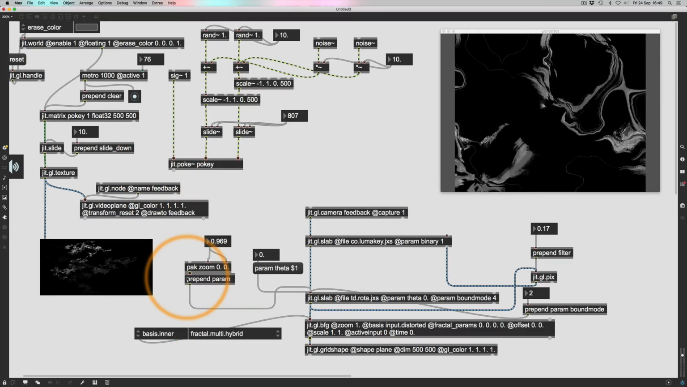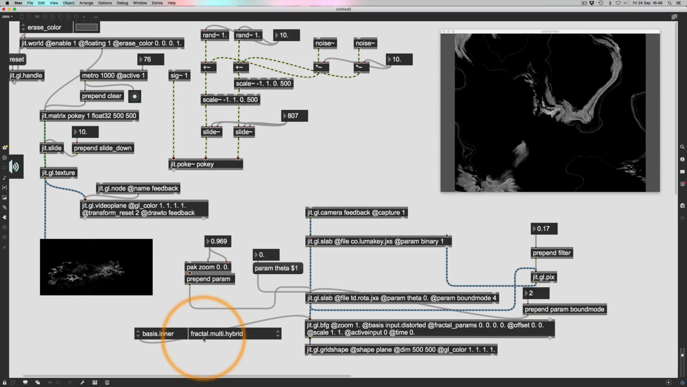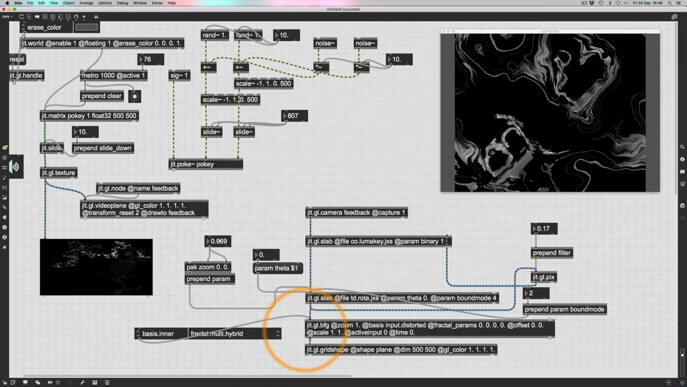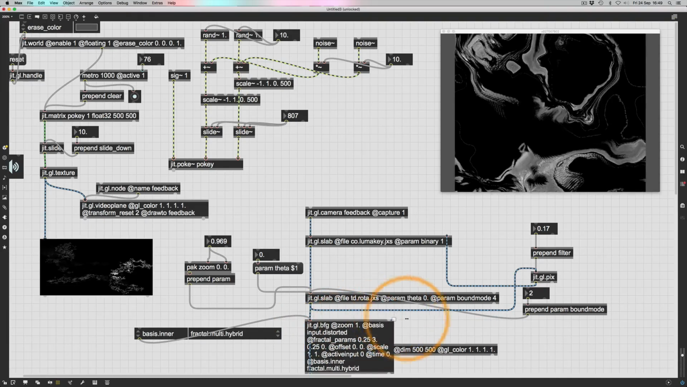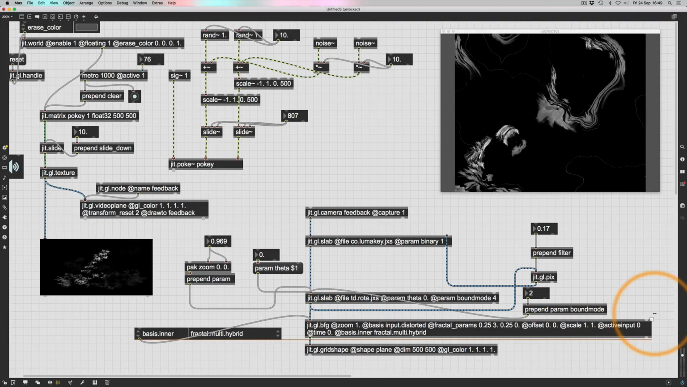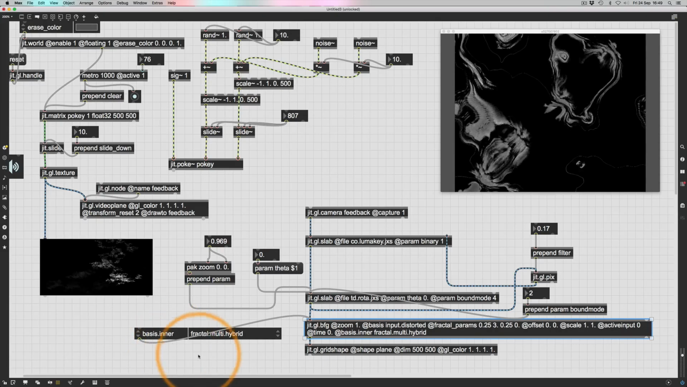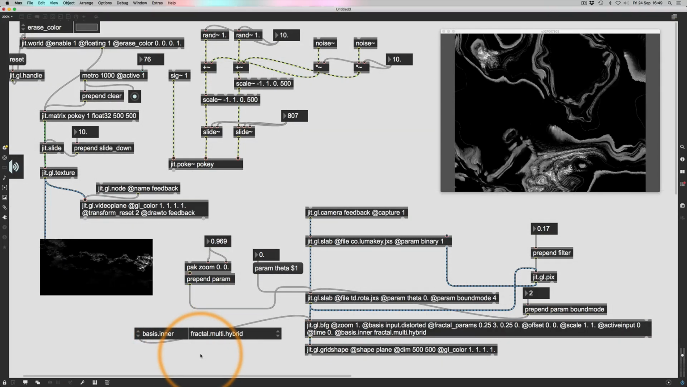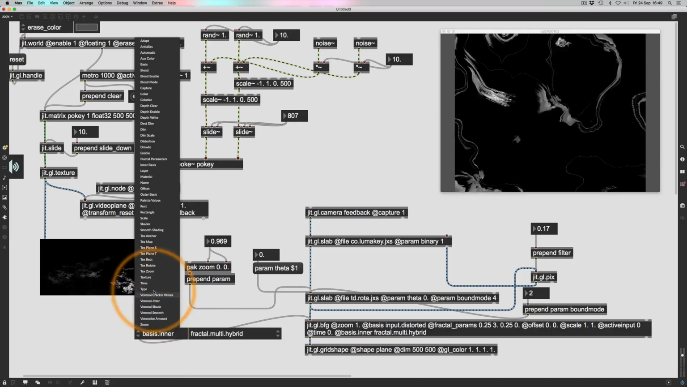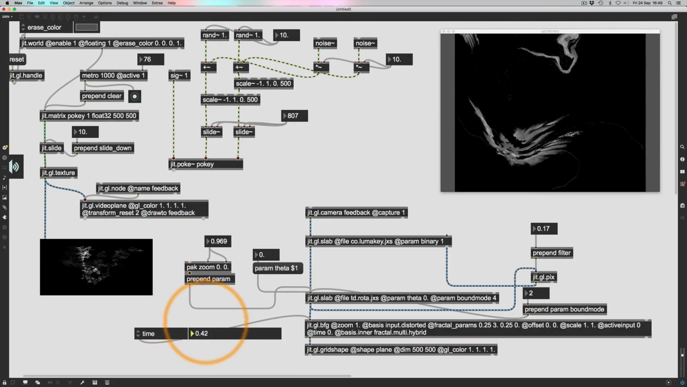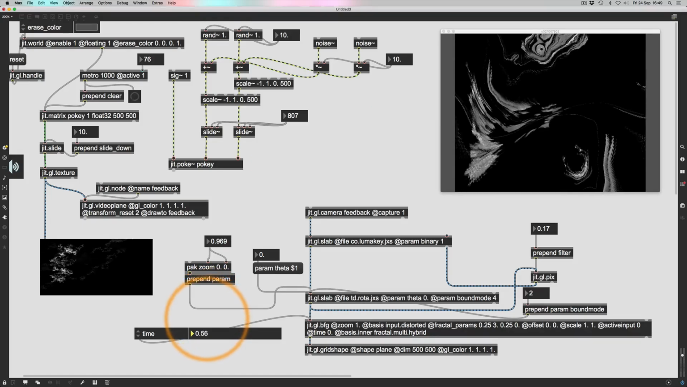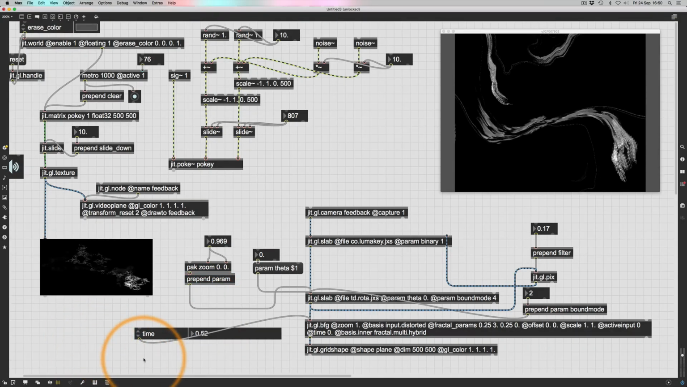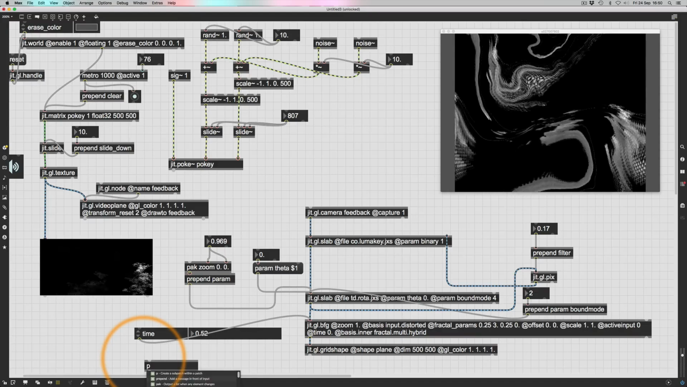I'm going to go with fractal multi-hybrid. Again, let's go transform attributes to arguments. Yeah, that's cool. All right. And then I guess we could have a look at the time. Okay, so we could maybe have, let's create a prepend